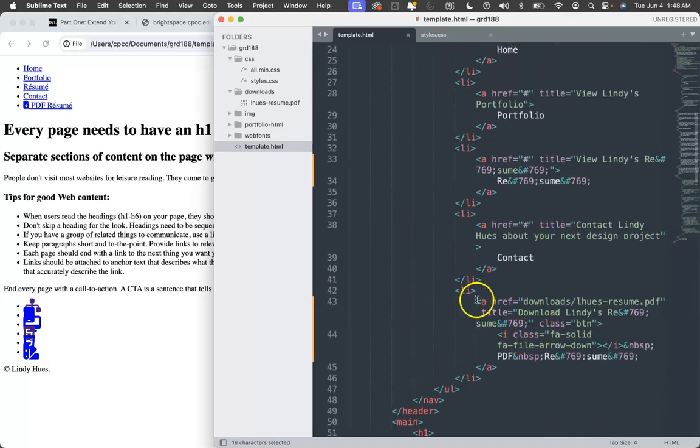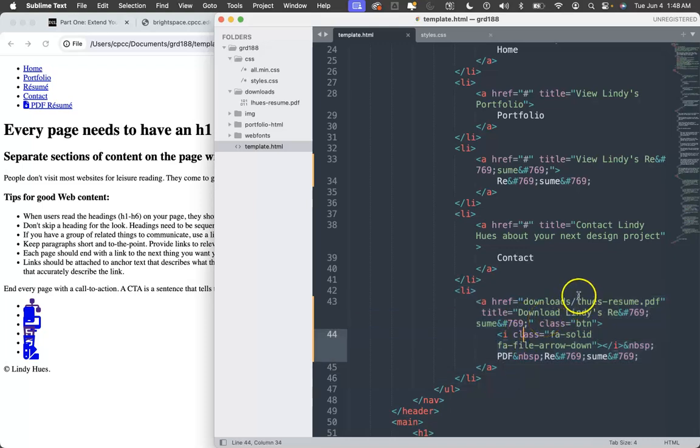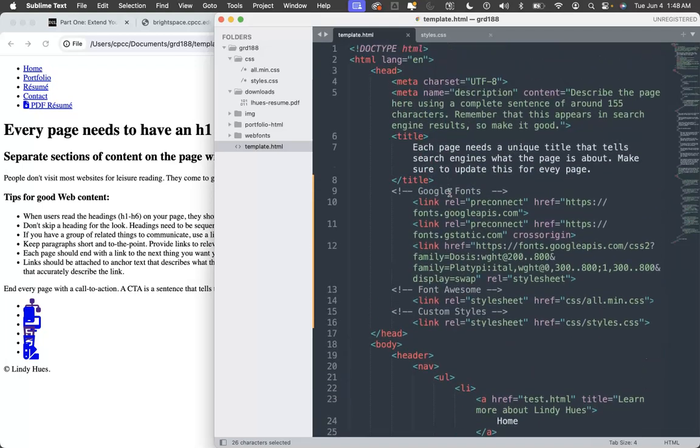And we should also have our PDF download anchor element a little bit further defined, where we have the href attribute that leads to it, and then we also have some accents over the E's every time we use the word resume, and we've now got a little icon next to it to let everyone know that it's a download. So what we want to do now, before we move on, is make sure that we validate our